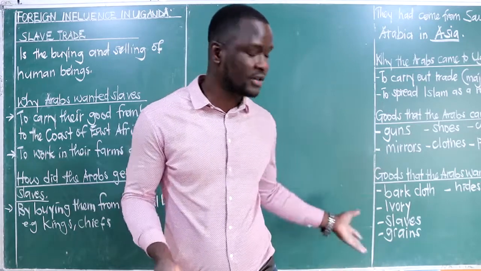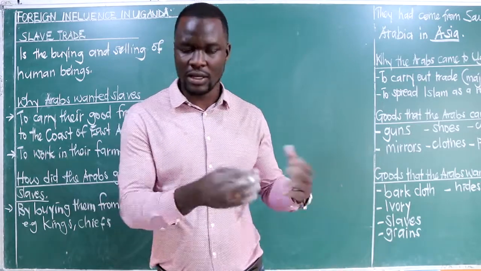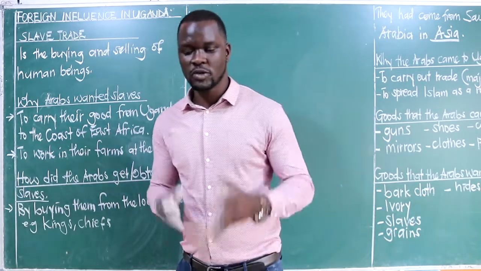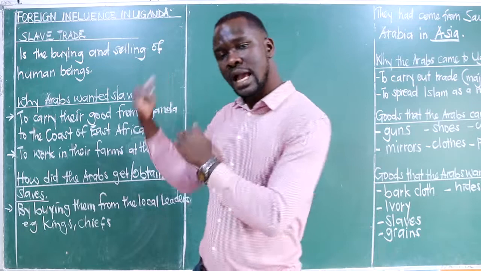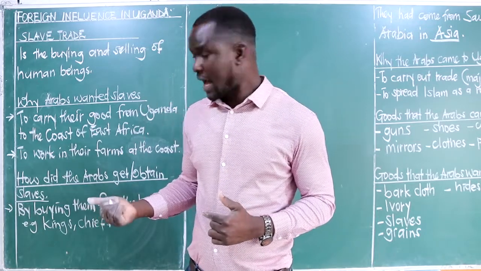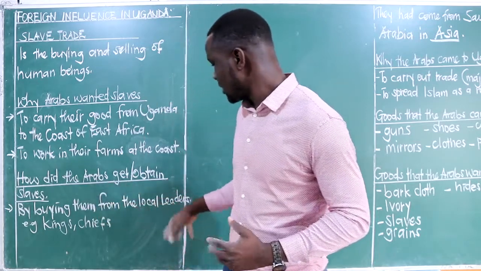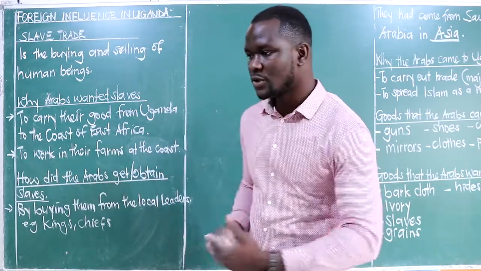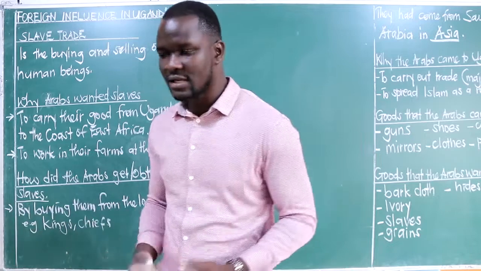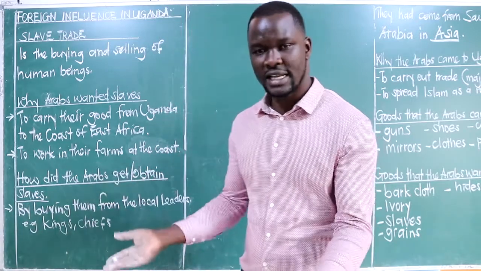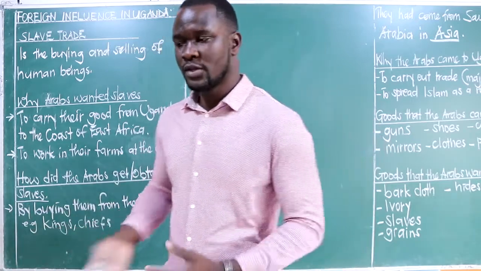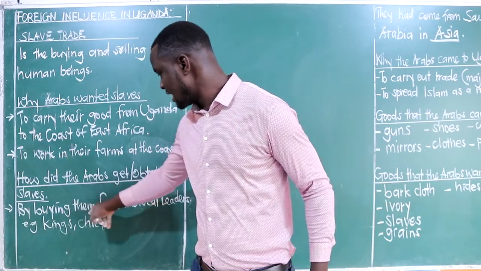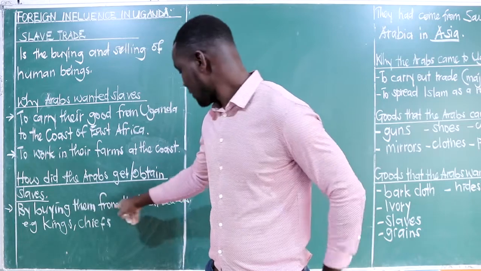We have bought ivory, we have got the backcloth, we have got the grains, whatever, but now we want some other people to help us carry our goods up the coast of East Africa. And you could find that these kings could now bargain with them. What are you giving me? We are going to give you guns, maybe 5 guns. How many people do you need? Give us this number of people, maybe give us 10 people. So, as a result, we say that the Arabs could buy these slaves, these people, from the local leaders.